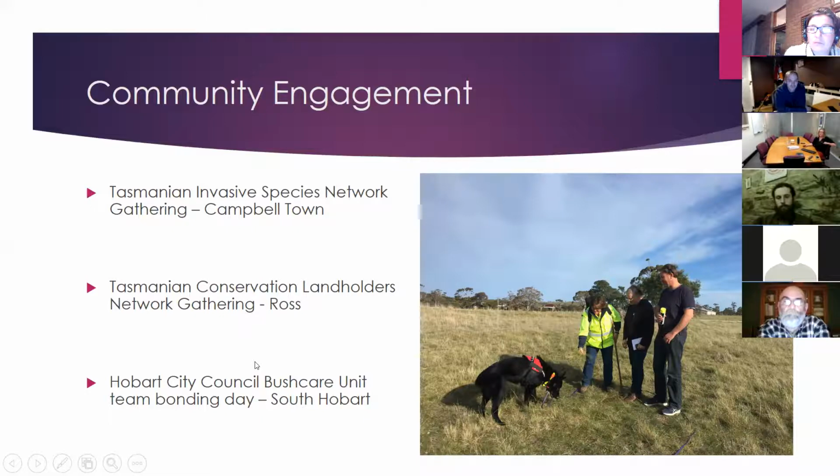There's also a statewide conservation landholders network. So Tasmania, probably like other parts of the country, has a lot of private conservation land. And that was a really excellent workshop, actually. There was a whole range of invasive species issues that were discussed at that, including cats. The president, we did a demo with Fonz out in the grounds there at Ross, and just had some really good conversations with some private land conservation people to get them thinking about how would you even know where to start for something like tussock on your property if you've got several hundred hectares of bush or mixed bush and pasture, to know whether you've got this plant there. And sadly it was cancelled because of the snow. Funnily enough, we will be doing